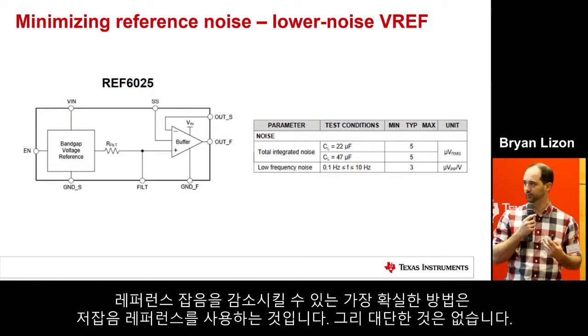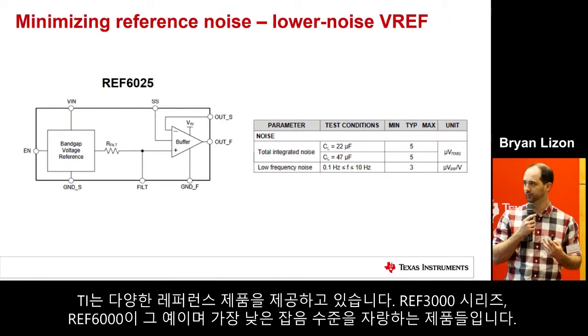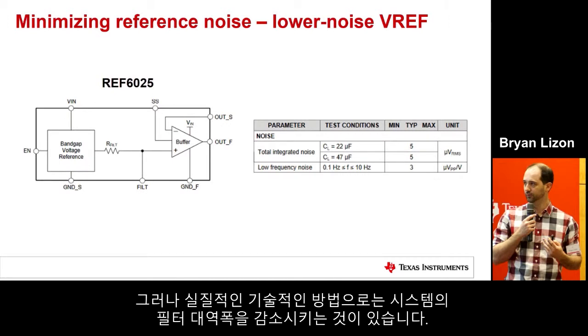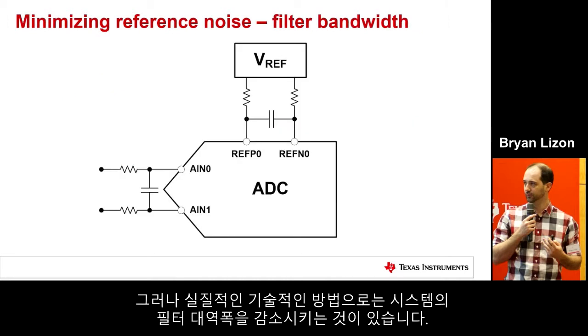Again, not a grand statement, but Texas Instruments has a variety of different types of references. We have the REF3000 series, we have the REF6000, this is one of our lowest noise. So if you want the best performance, you're going to have to pay for basically the lowest noise reference you can find. But for actual real techniques, one of the things you can do is to decrease the filter bandwidth